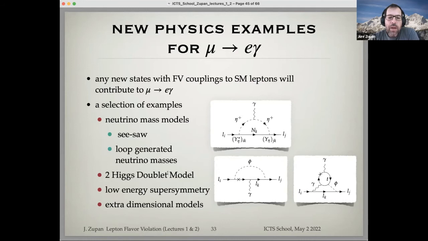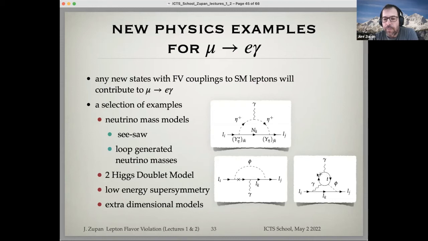Then the other example here is, for instance, in two Higgs doublet models, where you will have either the lepton and Higgs states, including the charged Higgs, contributing, and the photon can couple to the lepton line or to the charged Higgs. There's a two-loop contribution here, the Barr-Zee diagram, that is of the same size parametrically in many cases, because